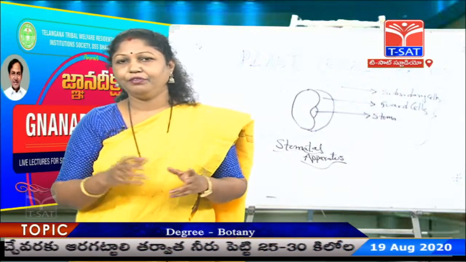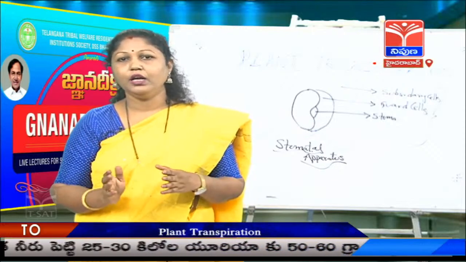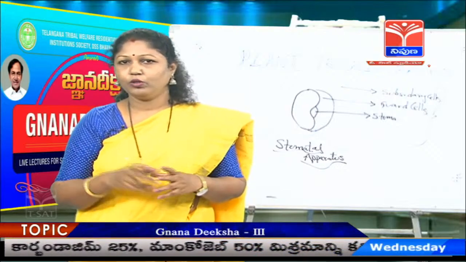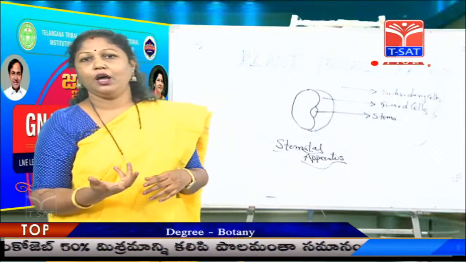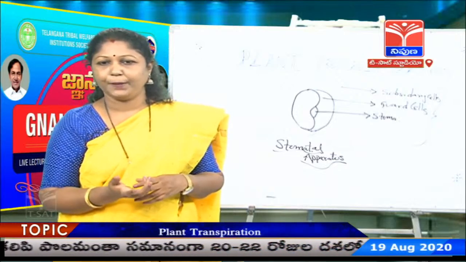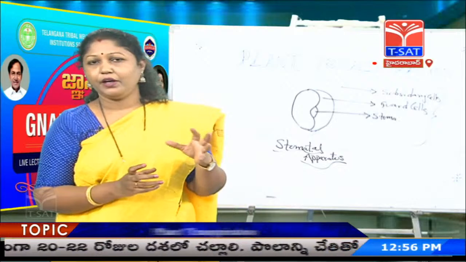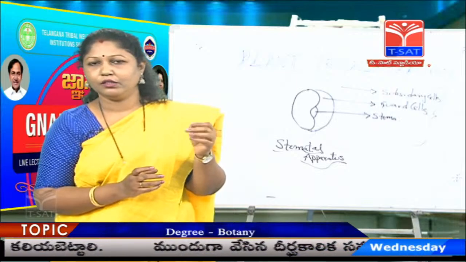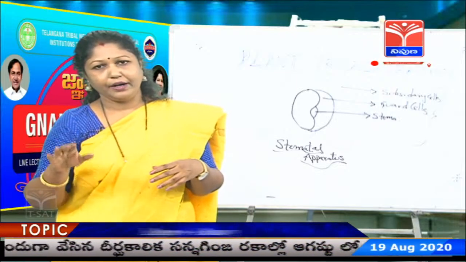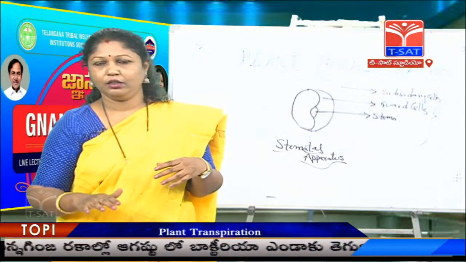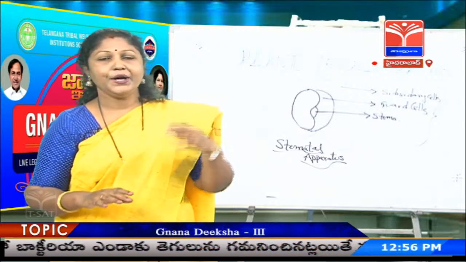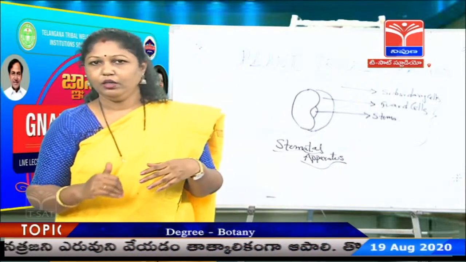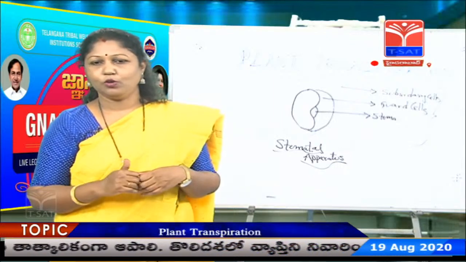So, as I told you earlier, 15% of the total atmospheric water is contributed by this process called evapotranspiration. So, these minute pores can make such a large water contribution to the atmosphere. Yes, not only that, the carbon dioxide percentage in the atmosphere, we know, is quite low, it is only 0.03%. Okay. So, when the carbon dioxide level in the internal medium of the leaf is low, it facilitates movement of carbon dioxide from the atmosphere into the leaf medium through the stomata. Okay.